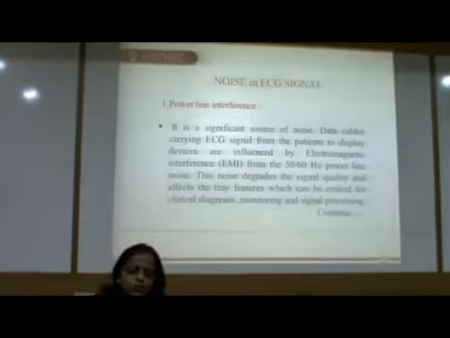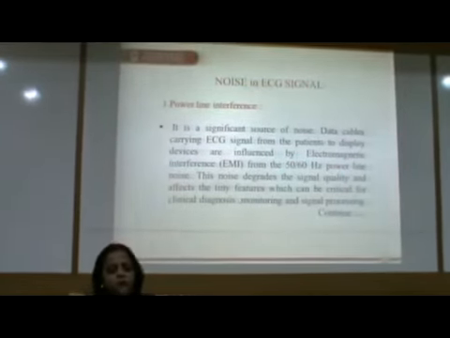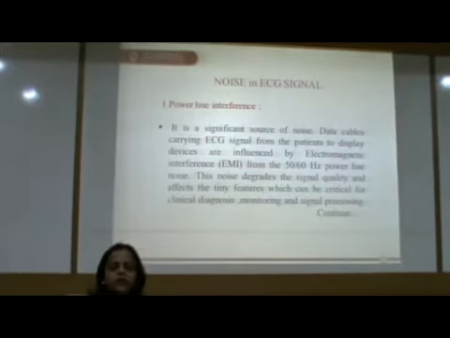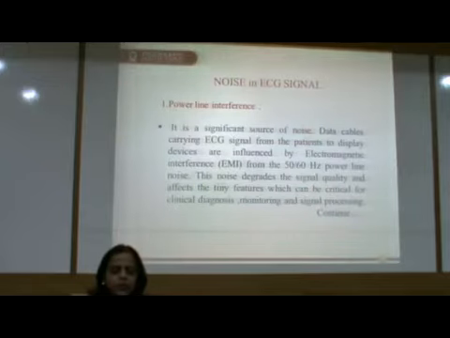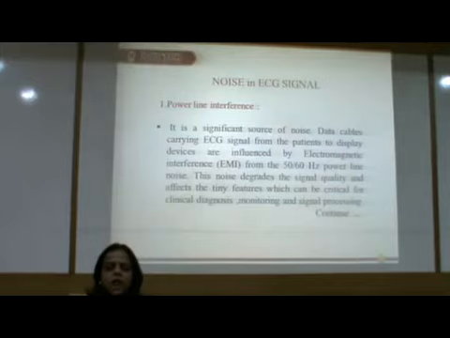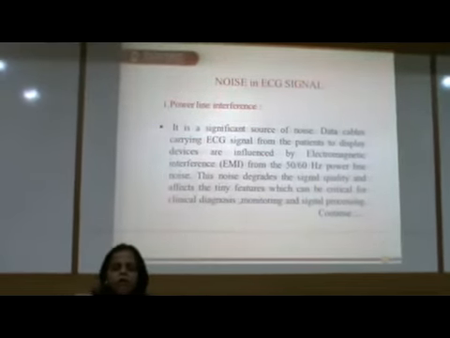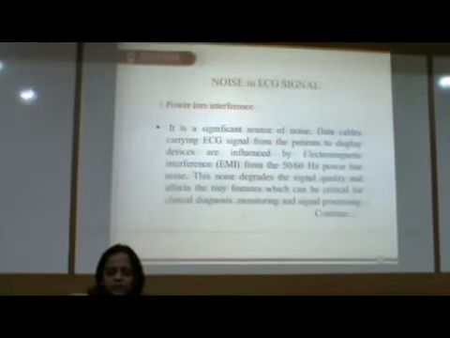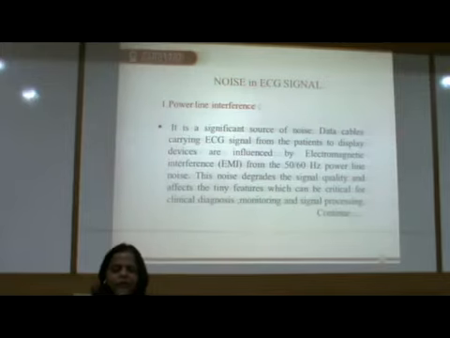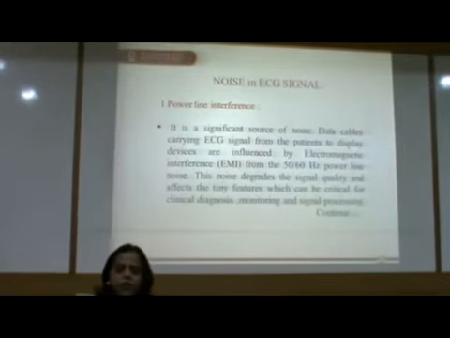There are some noises which occur in ECG signal for which we have to do pre-processing. First is power line interference. It is a significant source of noise. Data cables carrying ECG signal from patients to display devices are influenced by electromagnetic interference (EMI) from the 50 to 60 Hz power line noise. This noise degrades the signal quality and affects the tiny features which can be critical for clinical diagnosis, monitoring and